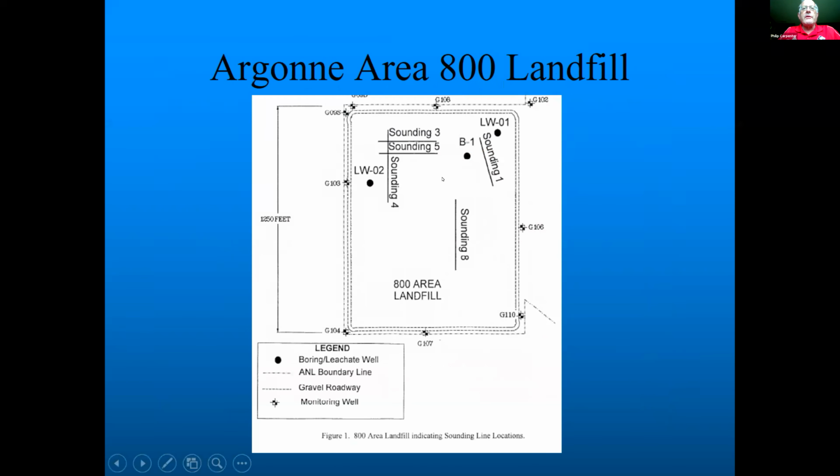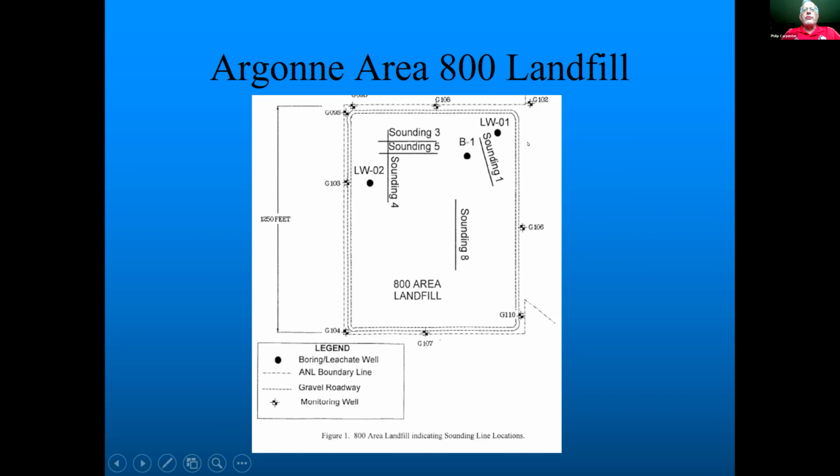So to show you some of the sounding lines we did. One of the things about this landfill was they had a French well, they call it a French well, where they poured about 35,000 gallons of liquid waste, trichloroethylene, and other kind of organic waste into the ground. And where it went, nobody knows. So part of our objective was to find the French well, which is like a corrugated aluminum housing, and then they had a bunch of gravel inside of it. And they did this in the 70s a lot.